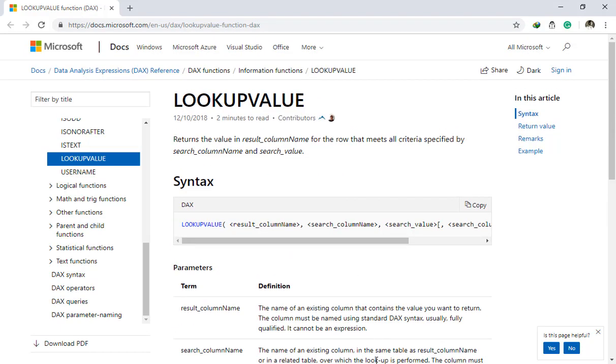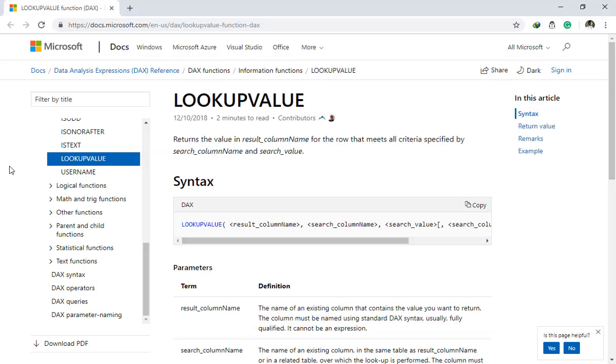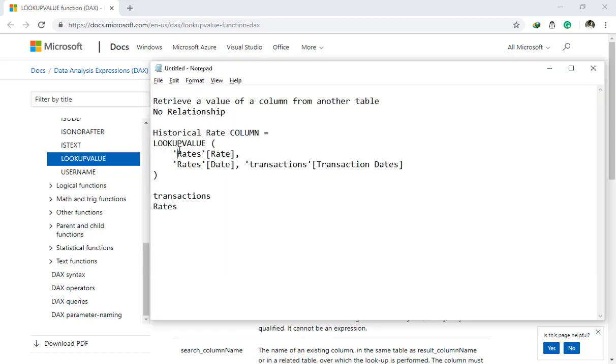Let me give you an example of LOOKUPVALUE. We have two tables, one called Rates and the other called Transactions. The first argument is the result column name, from where we need to get the results: the Rates table and the Rate column.